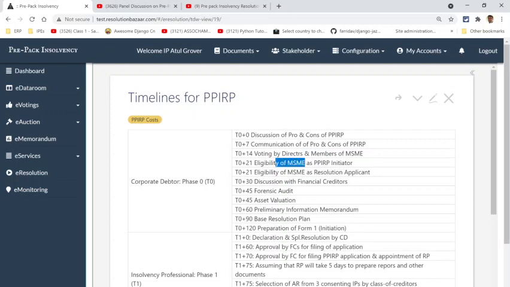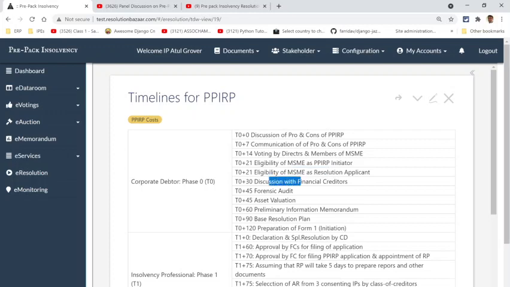Then we're going to check on eligibility of MSME, whether the MSME is eligible to initiate, and whether the MSME is eligible as a resolution applicant, because what is the objective? That we start the process and we get back the company. So this is to make sure that you are eligible to start. This is to make sure that you have 29A eligibility, and that the company would come back to you.